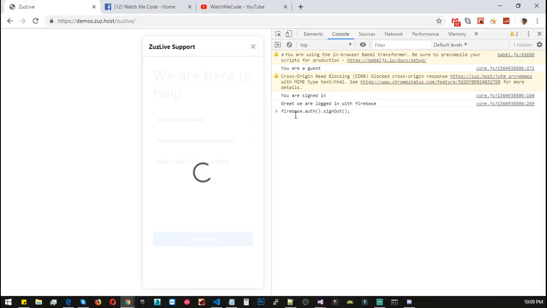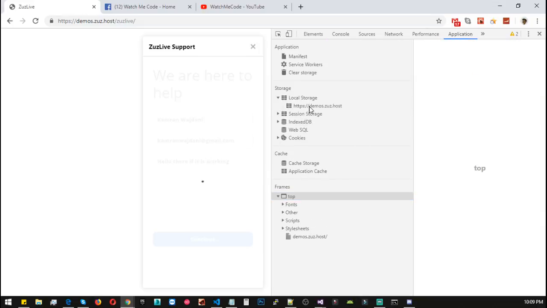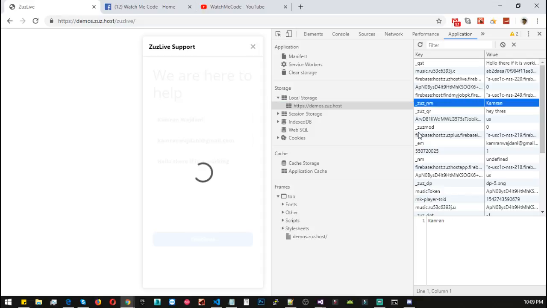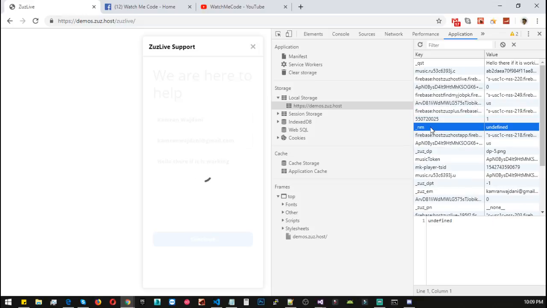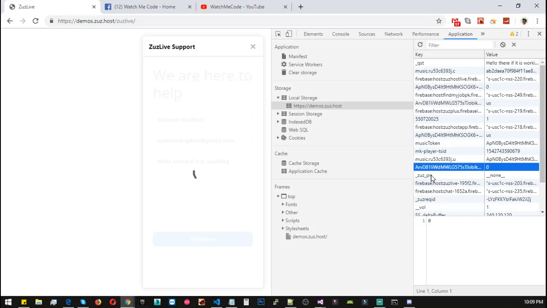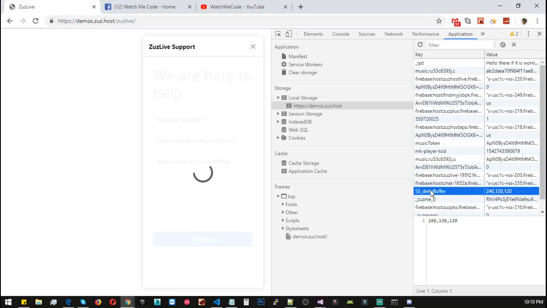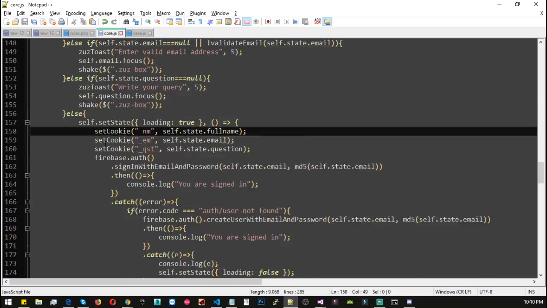firebase.auth.signout, and we need to go to application, local storage, click, and we need to remove underscore nm qr, source mode, nm those db. Oops, there are a lot. Okay, now we need to switch to